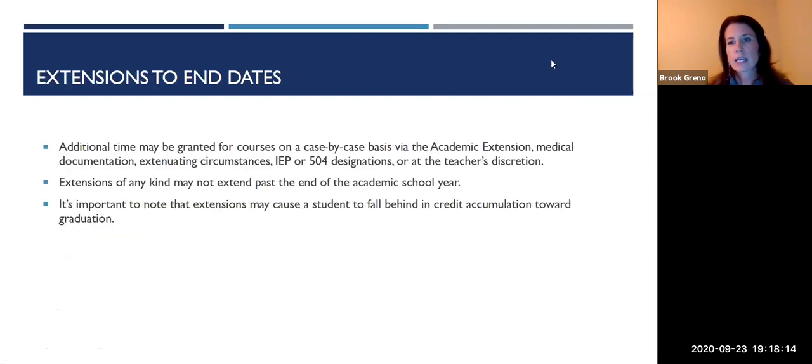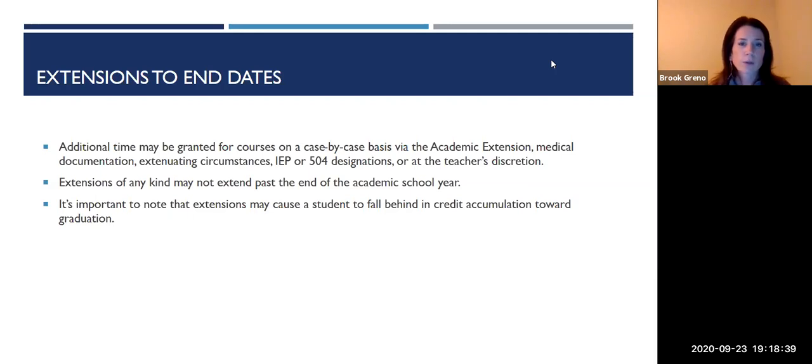We touch base on extensions. So you have the 9-week courses. This first quarter is 7 weeks. So extensions to end dates are possible. It's really on a case-by-case basis. As we talked about, the end of the school year holds strong, so it will not go past the end of the school year. So you definitely want to make sure that you finish as we roll into fourth quarter, or that's probably more of a concern at the end of fourth quarter.